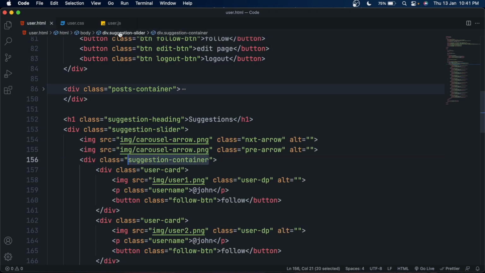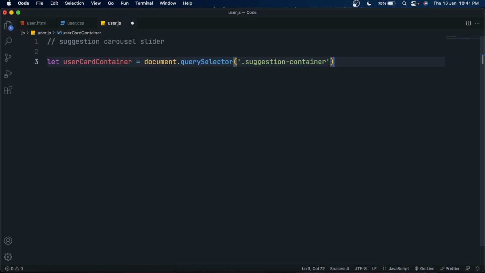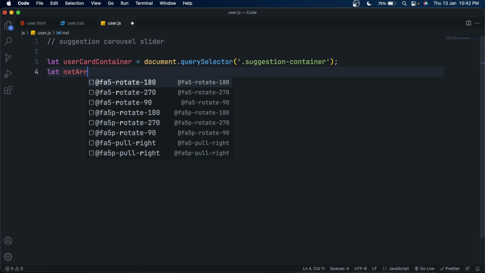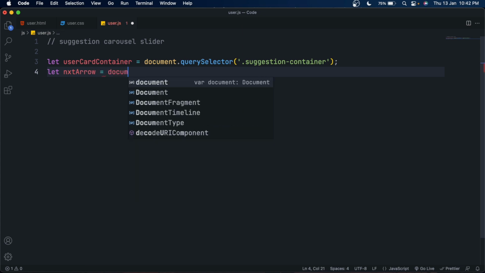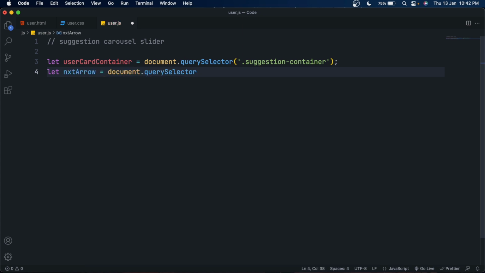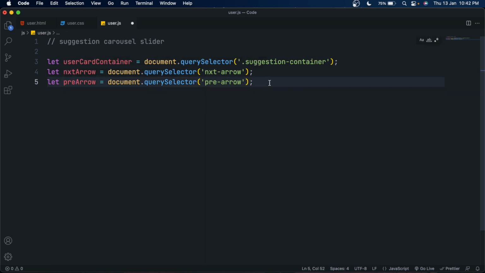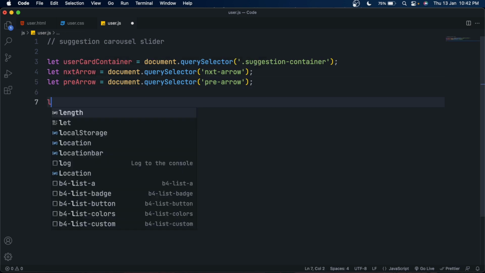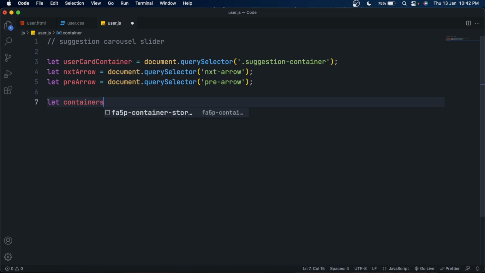You can copy this class name here and paste it inside it, so it will select the element. After that, select the next arrow button. Call the querySelector method for this also, and inside it give it the next arrow class name. I messed up here because I didn't give the dot at the beginning, so make sure of that.